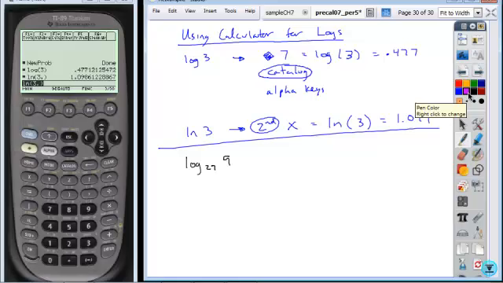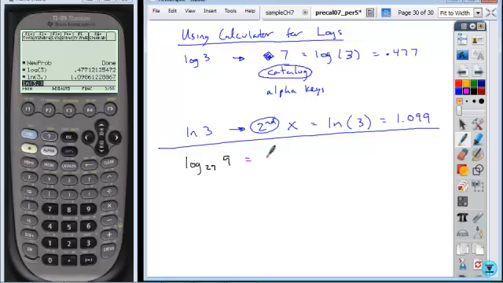I'm not going to talk through it because this is the type of question that you might see on your final where I'd expect that you can do it without a calculator. Okay? So the problems that you'll see on your final are ones that you can do without using a calculator. So do you guys remember how you would approach this? Set it equal to a variable. Rewrite it in exponential form. So in this particular case,